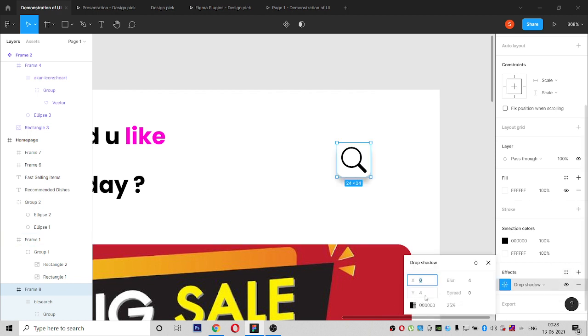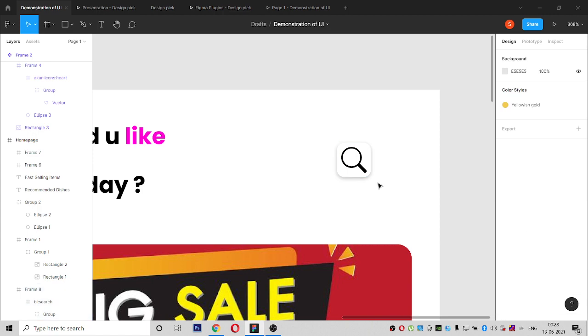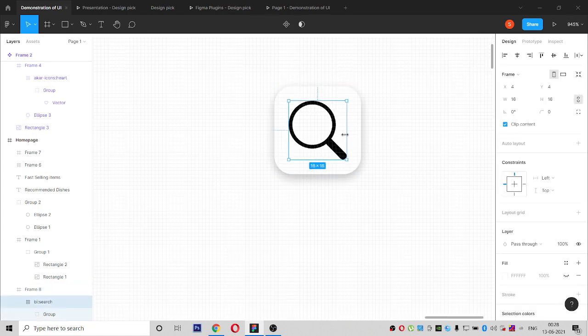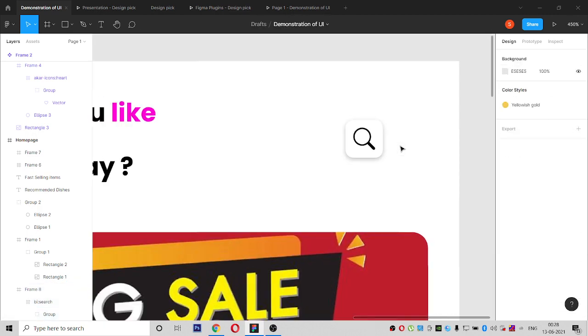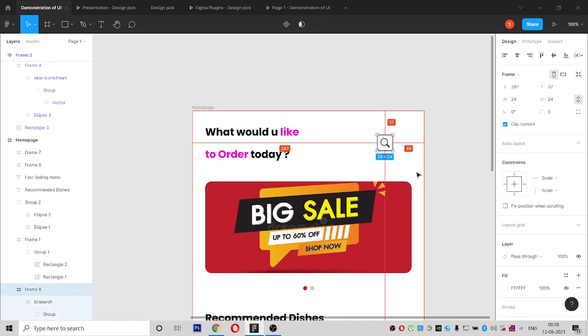Give effect. Shadow also should not be very much. It should be very small, a little bit only. Look now whether it is looking hanging.